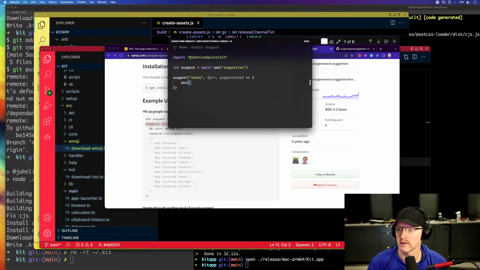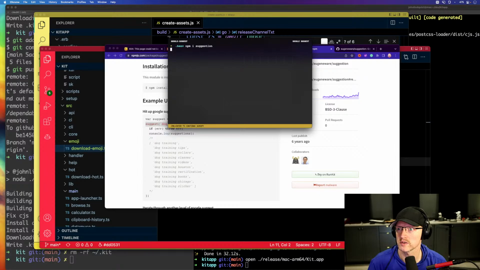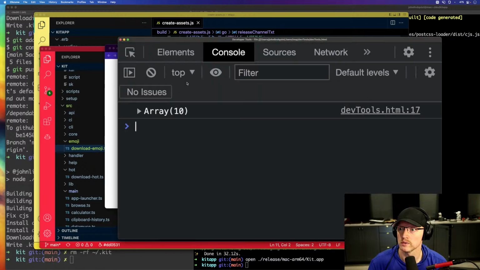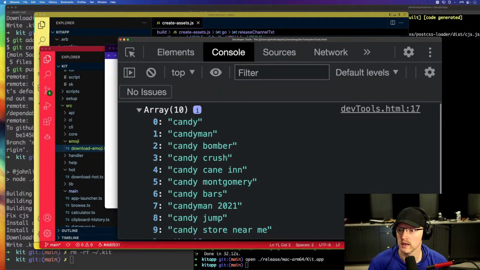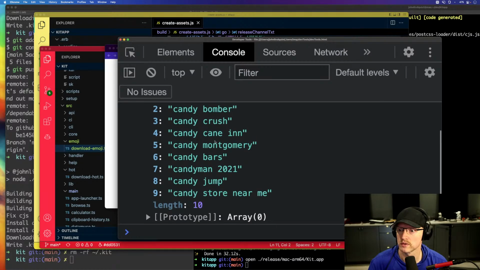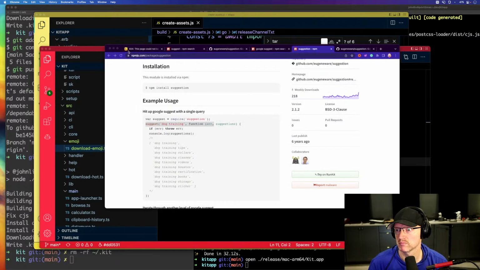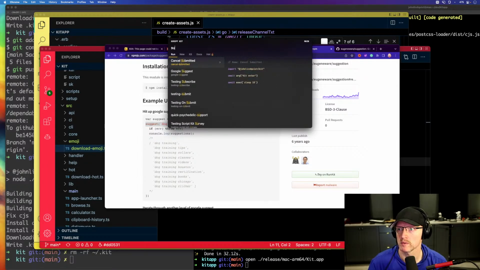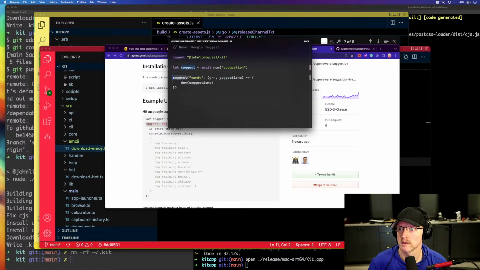So let's try this. And if I run suggest, install suggestion, continue, we get an array of Candy, Candyman, Candy Bomber, Candy Crush. I like that. So if we bring that into an arg,